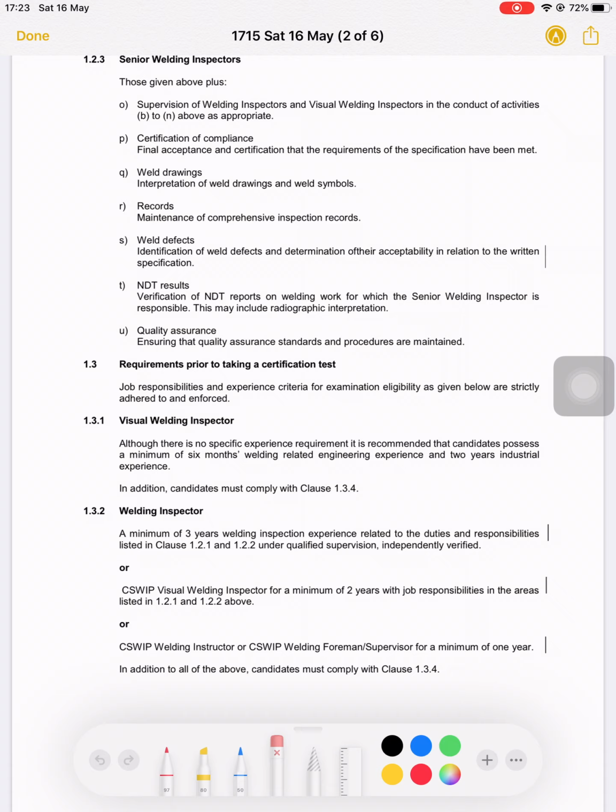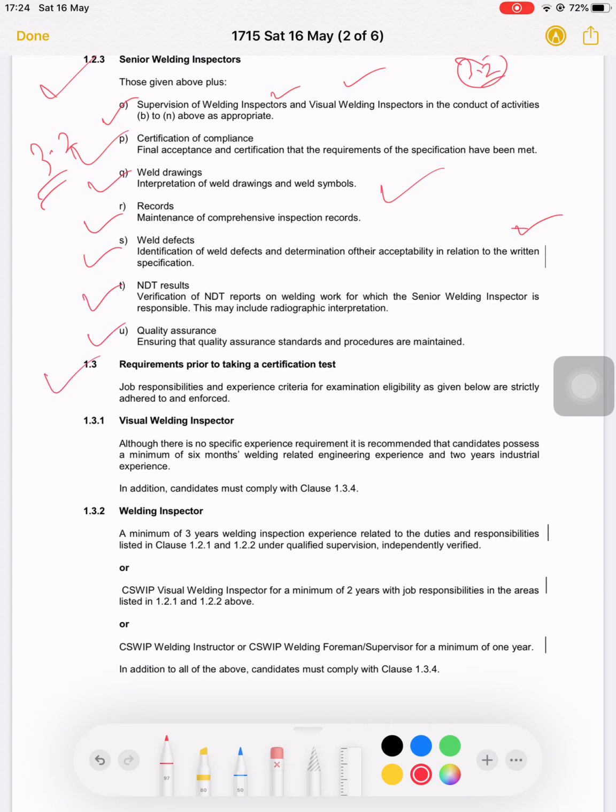This is 3.2, the senior certified building inspector. They are responsible for supervising building inspectors and visual building inspectors in the conduct of activities, certification of compliance, building drawings, maintenance of comprehensive inspection records, identification of defects and determination of their acceptability in relation to the written specification, test results, and quality assurance.